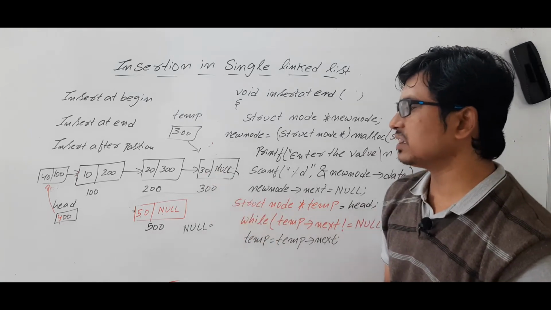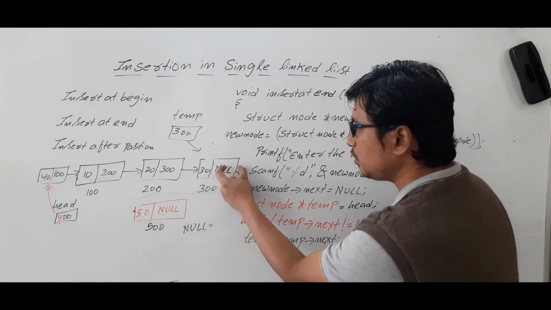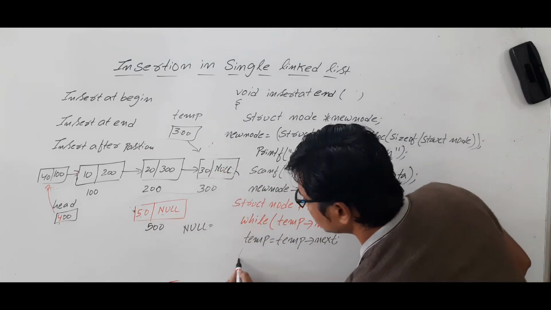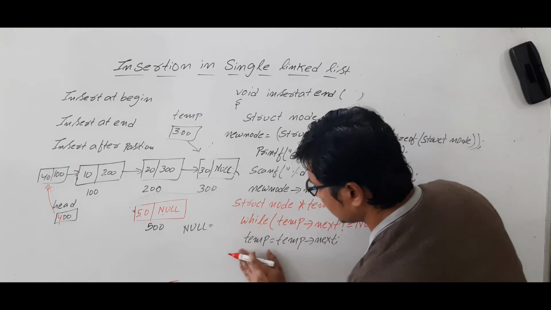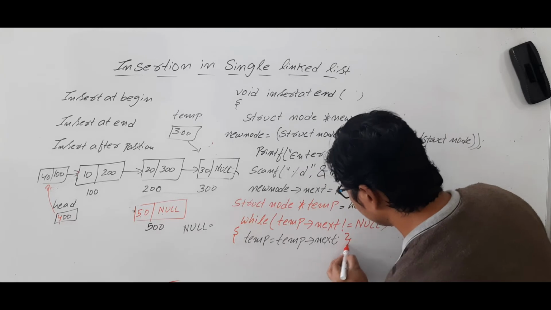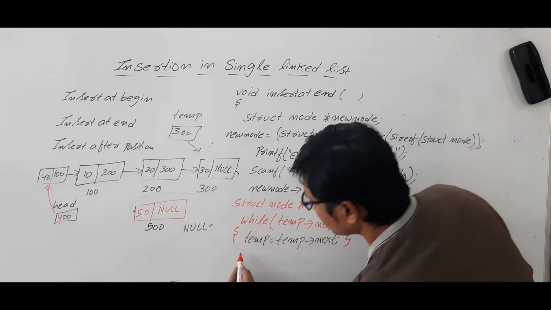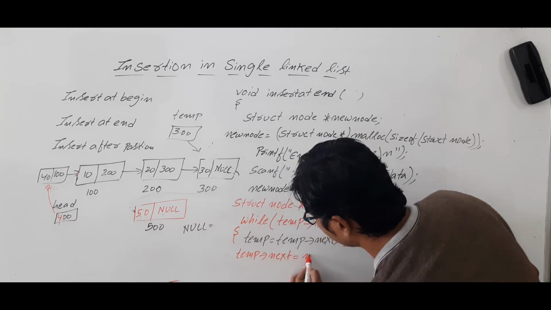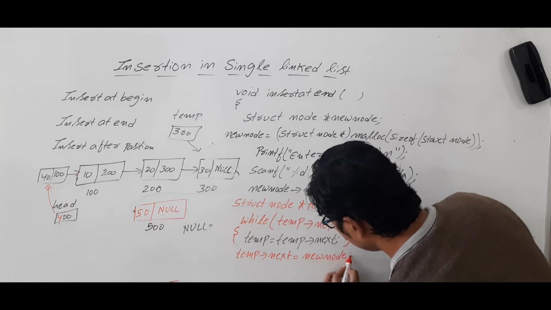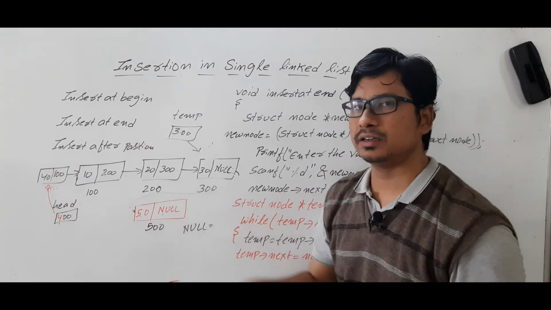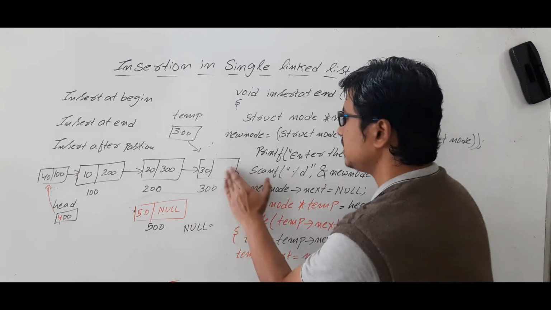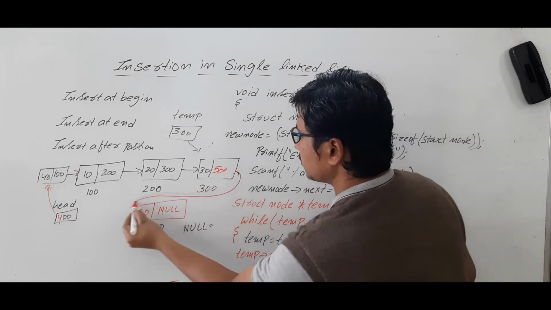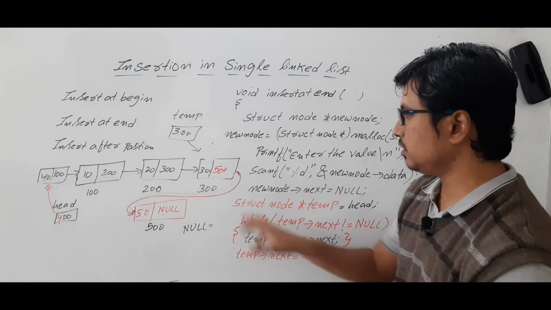Now you have to do one thing. Here it is null. Now this one should point to the next node. So what you will write is, this is the while loop, and let me keep the curly braces also. Now temp of next is equal to new node, you have to write. Is it clear? What does the new node consist of? New node consists of the address of this node, which is 500. So in place of null, 500 will come here. So you have a link from this node to this node. Is it clear? Are you able to understand?